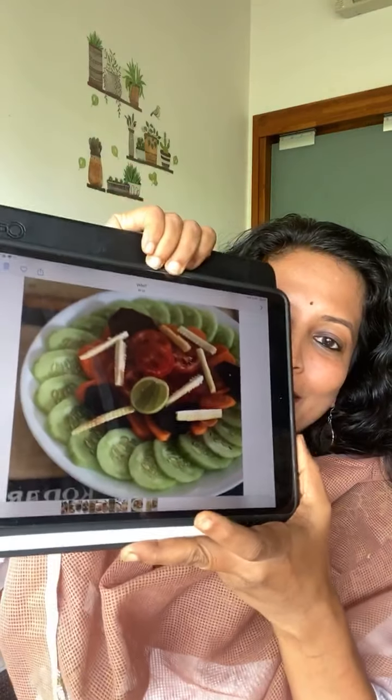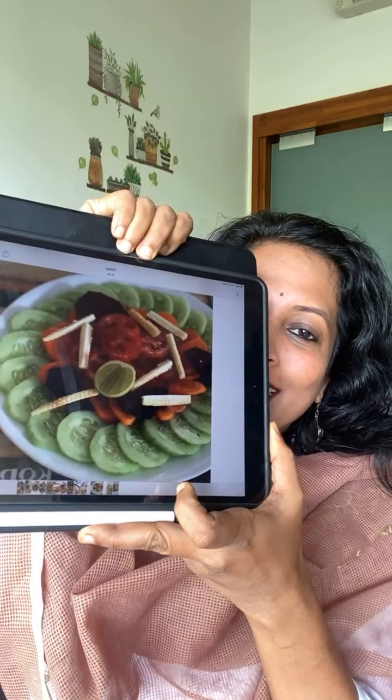And so there's also this kind of a green salad that is served in restaurants, and like a basic green salad. So if you can see, that's how it looks like. So that's just cucumber and